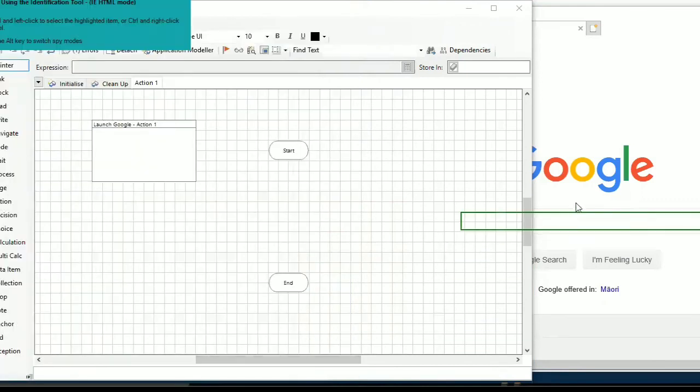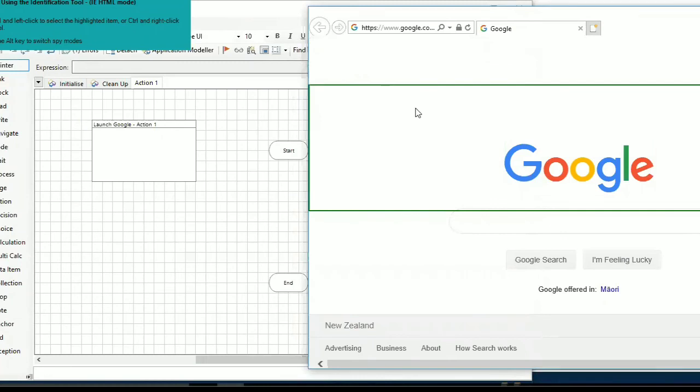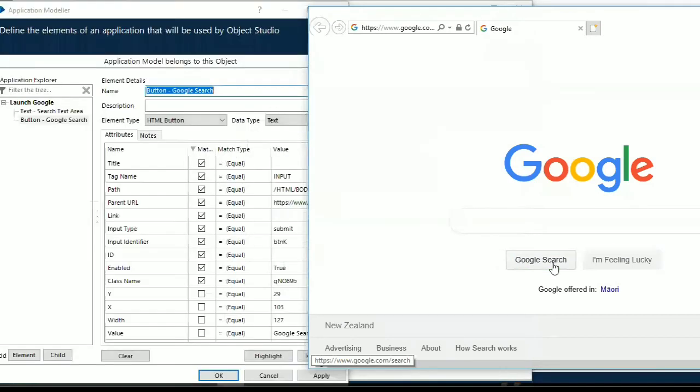As soon as you identify, you will have Internet Explorer mode, which is the first mode. You will be in HTML mode for a web application. Now I want to spy the Google search button. Take your mouse pointer to Google search and be careful to click the Control button and mouse left click simultaneously.